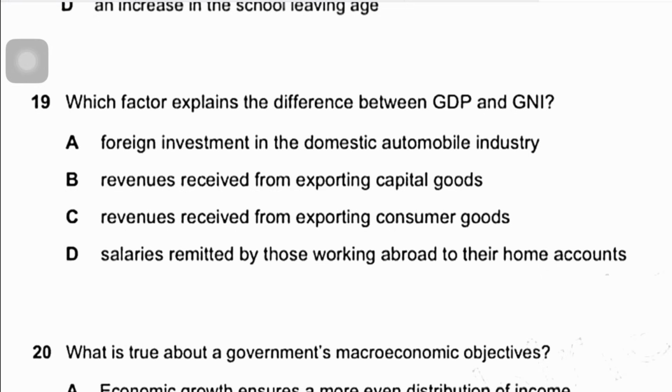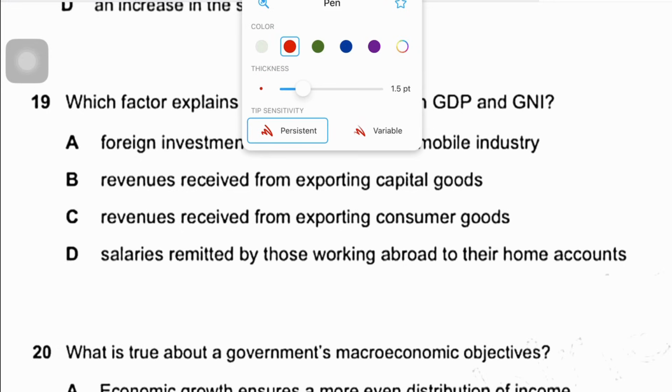And so it follows that minus any income that is repatriated or remitted back. So GNI is basically GDP plus net income from abroad, right? Net income from abroad includes incomes from foreign investments that have been made, which includes income from rent, interest and dividends. And your net income from abroad would include your employee compensations, right? Your wages and salaries that are sent back.